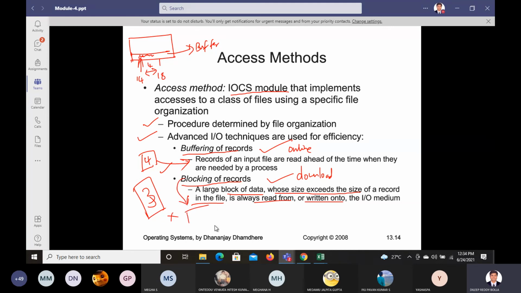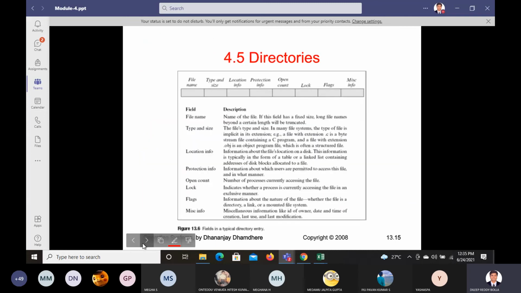This is your record. Whenever you want to pause, you can pause it; whenever you want to play, you can play it; wherever you want to edit and delete, you can do all that. That simple example will make you understand accessing methods. Whenever you want to watch a movie, you can watch online or download and watch. If you're watching online, that's called buffering the records. If you have the complete file with you, with complete access, that's like blocking of records. Like that we can access the corresponding files.